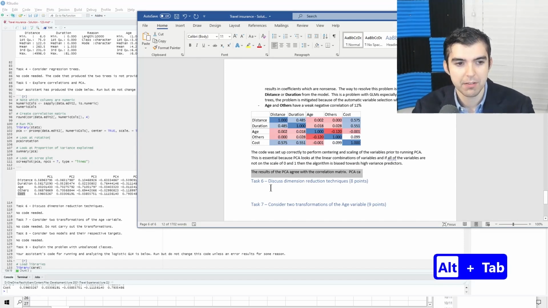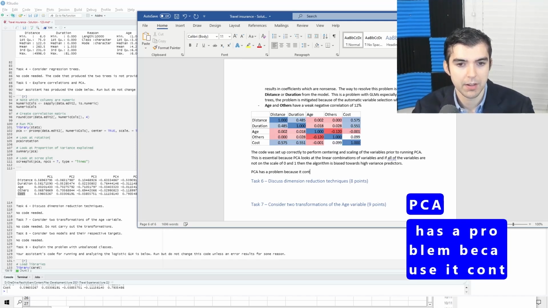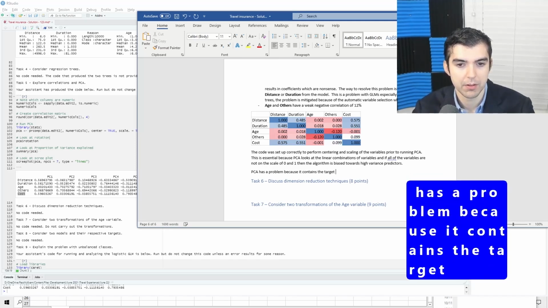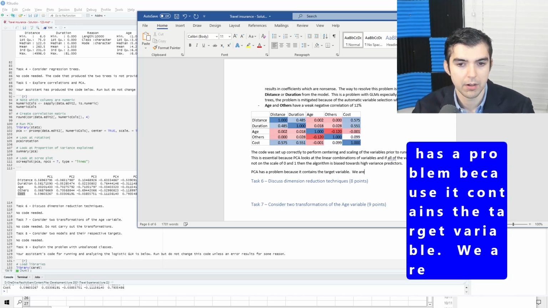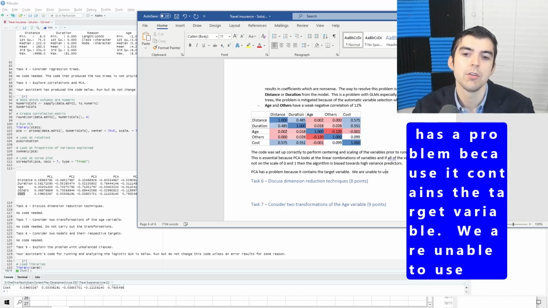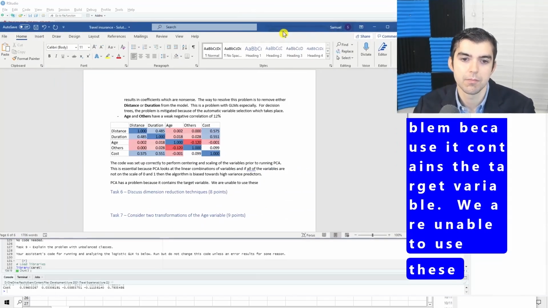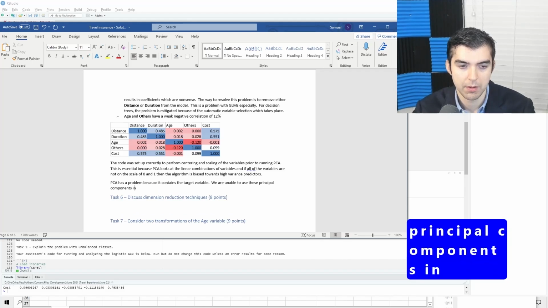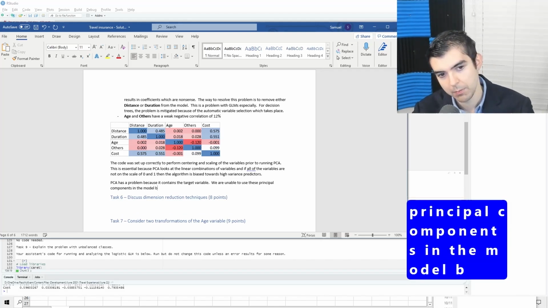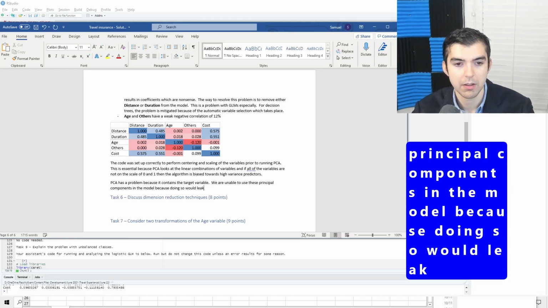That's a problem because that's our target variable. It contains the target variable. We are unable to use these principal components in the model because doing so would leak the signal.